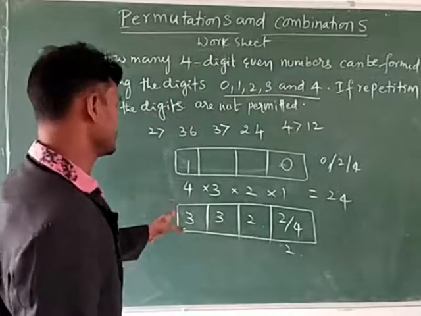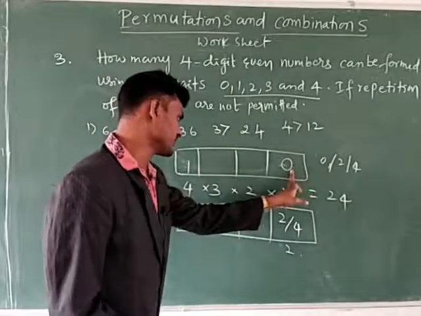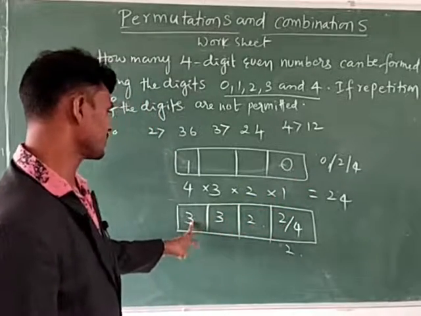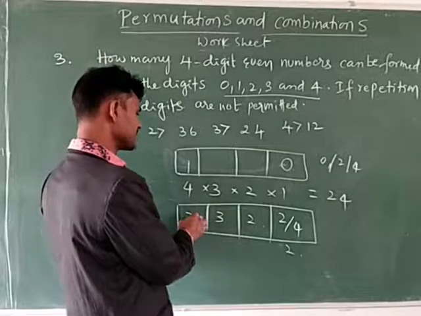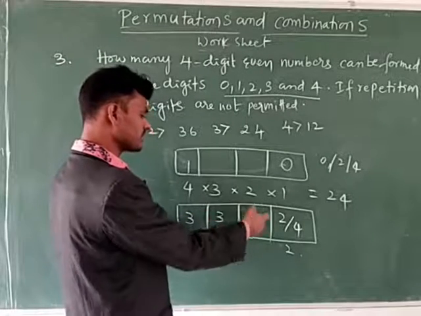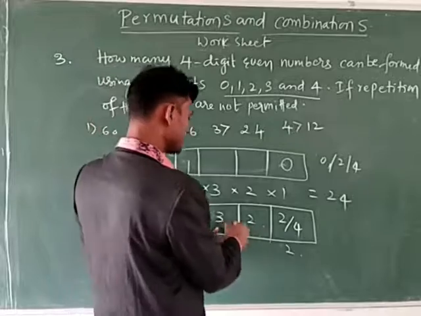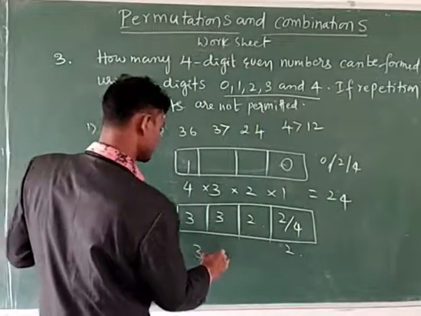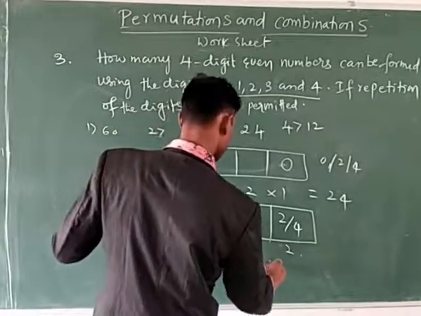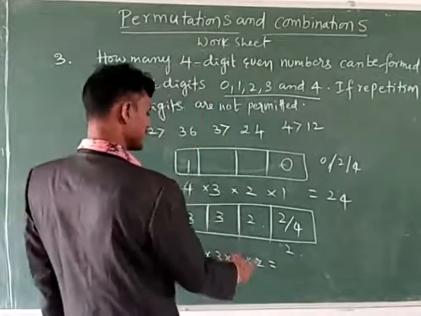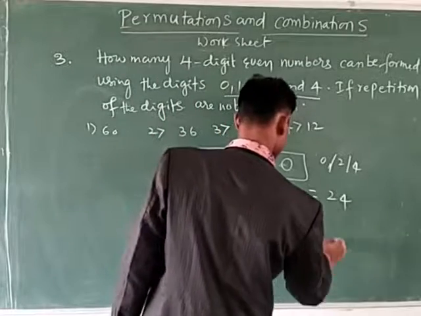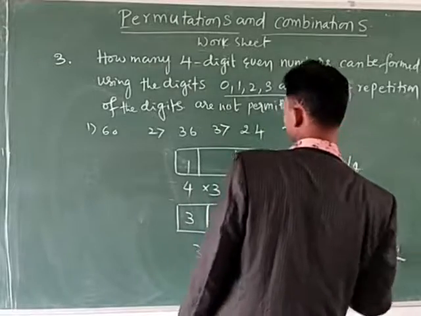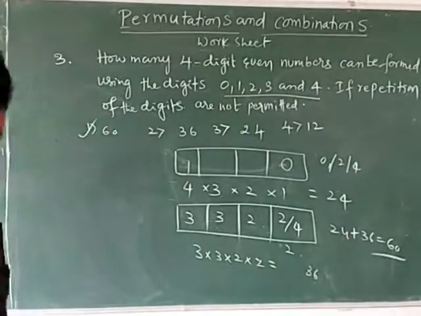Understand? Actually here the first one is 0 fixed. Thereafter how many digits are there? 4 digits. In these 4 digits, 0 is not possible at the start, so remaining 3 digits. Then 0 is allowed, that's why remaining is 3 possible. And here 2, and this is any one, so here 2. Then 3 into 3 into 2 into 2. 3 3s are 9, 9 4s are 36. Then 24 plus 36 is equal to 60 ways. 60 ways. Note down.